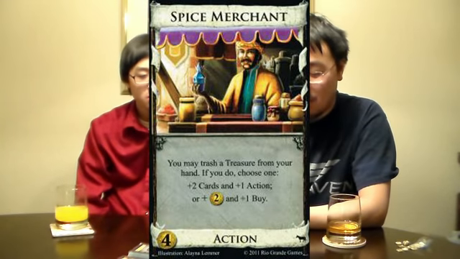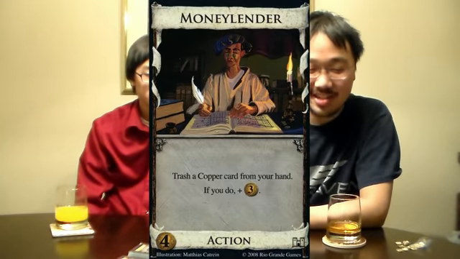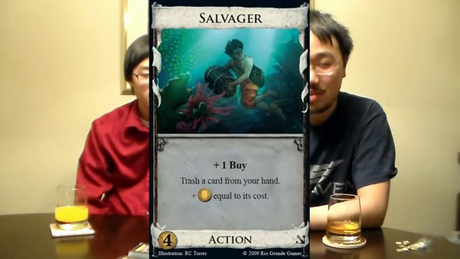Oddly enough, you didn't set up the trade route stuff for setup. No, we didn't need to, because we weren't going to buy them. So I thought about it a little bit, and then I decided, nah, I don't want to set up mid-game. It could be really good, but there was literally half of the board was trashing. Trade Route was trashing, Spice Merchant was trashing, Moneylender was technically trashing, and Junk Dealer and Salvager were all trashing. You know, we didn't need...